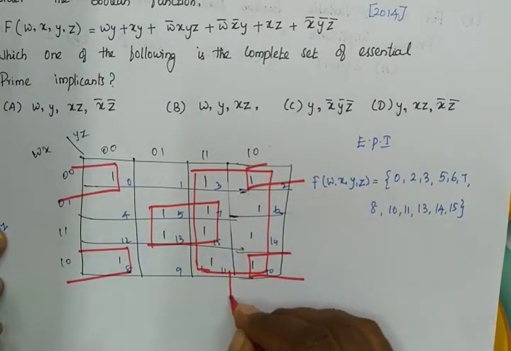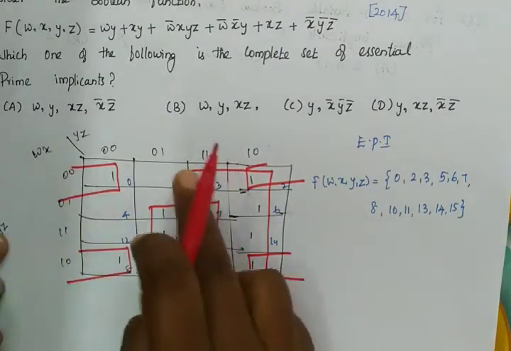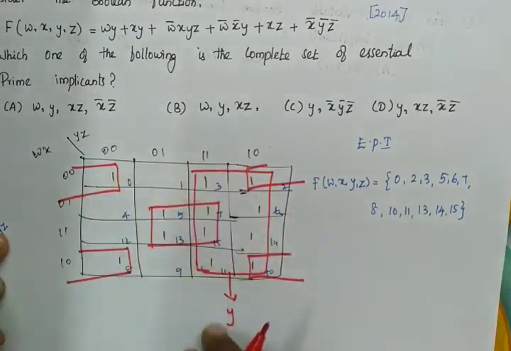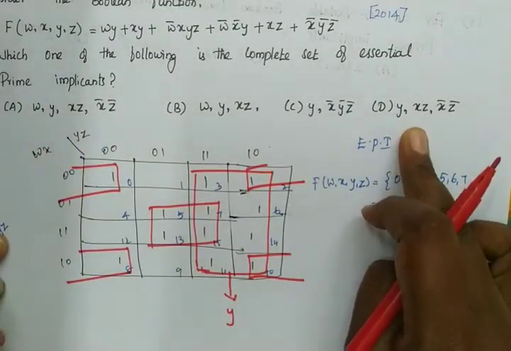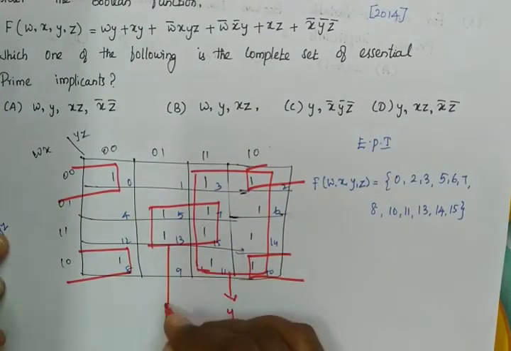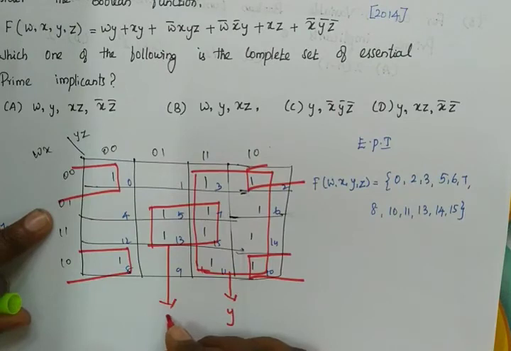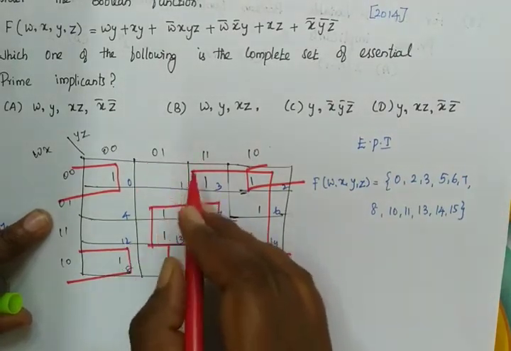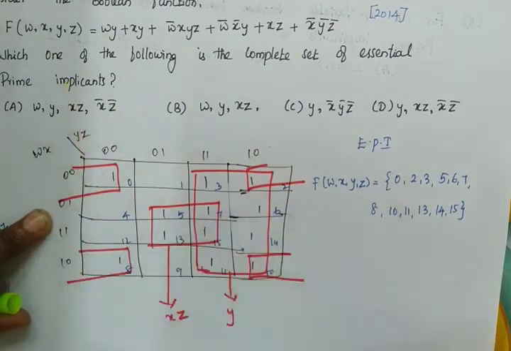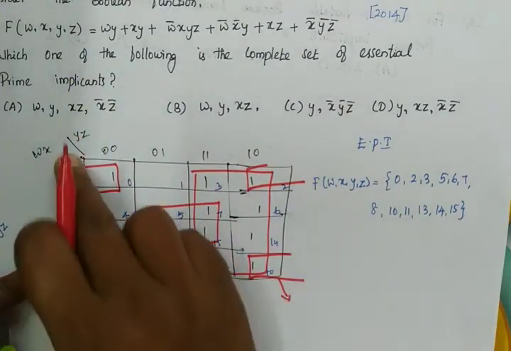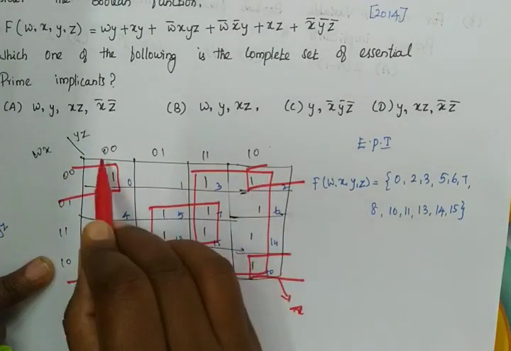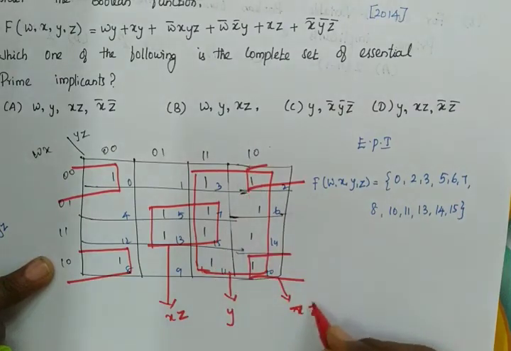Now what is the answer for this? For the octet everything gets cancelled, so we have only y. By seeing this we cannot find the answer, because in every option we have y. The next one, let us go to this group. Here we have x. Comparing 0, 1, that cancels, so we have z, giving xz. And the final one: 0, 1 cancels, here we have x bar, and z bar, so x bar z bar.